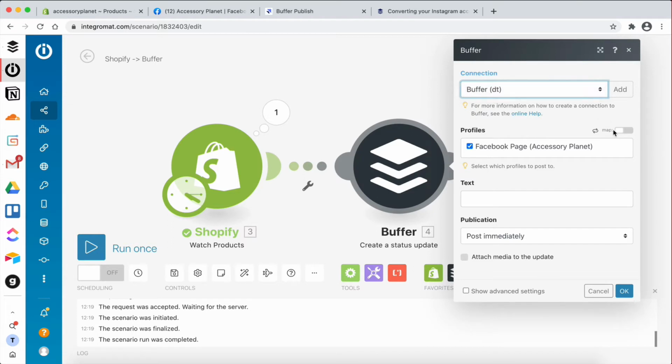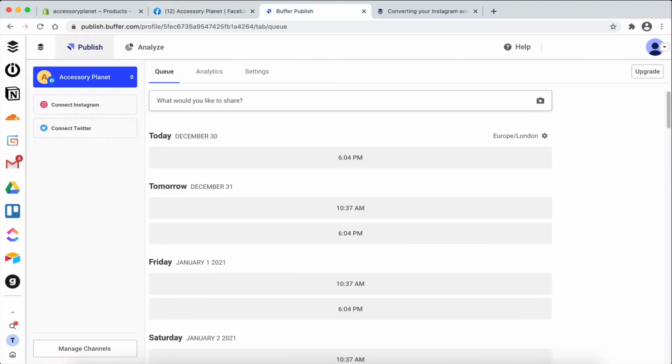That's my connection there. Now what it's actually going to do is retrieve the profiles, or in other words, the social media accounts that you have connected with your Buffer account. Now, in order for this to be done, you actually need to connect your accounts. So I'm going to go here to my Buffer account, and as you can see, I already have a social media account connected. This is a Facebook page, right? So if I go to manage channels here,